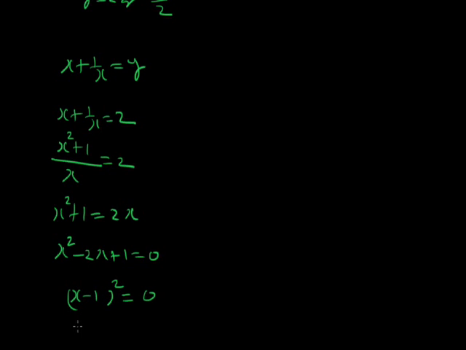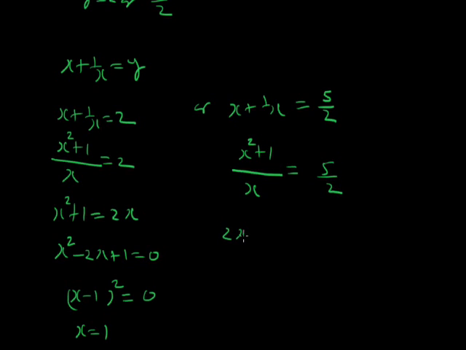Okay, so the value of x is 1. If I put x plus 1 upon x equals 2, then the value of x is 1. Now, instead of x plus 1 equals y, the value of y we had found another one, that is 5 by 2. Let's say x plus 1 upon x equals 5 by 2. Again we have to take the LCM, that is x. That is x square plus 1 over x is equal to 5 by 2.